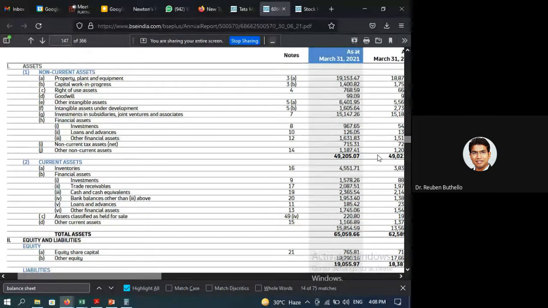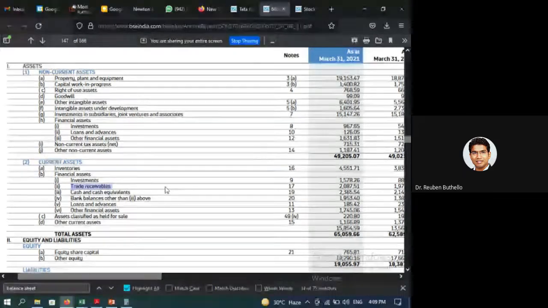Now, what are trade receivables? Can someone tell me? The amount which we have to receive from our debtors. So we have sold, suppose, some trucks and buses to government agencies. Now the government agency does not give money in advance. They will place an order, and they will pay you after 60 days or 90 days. So the money doesn't come immediately, but you know the money is coming for sure. That is why you call it trade receivables. It's a receivable from the trade that you have made, and that is around 2,000 crore.